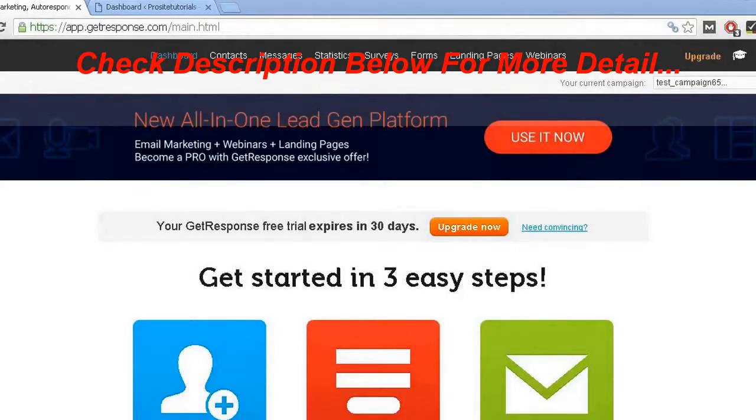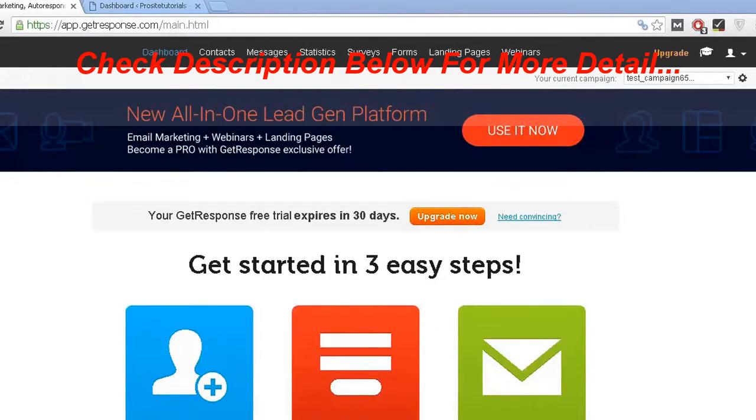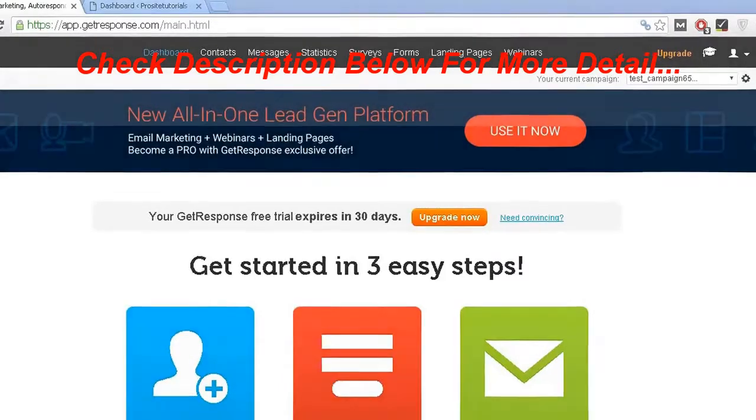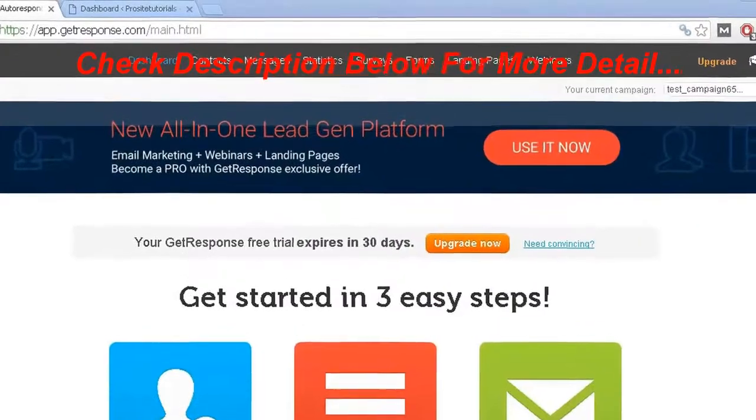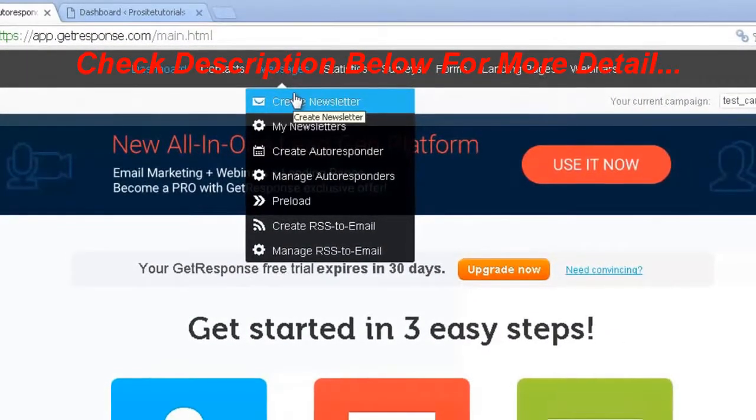Okay, so after you created your campaign, what you want to do is start building your autoresponder. As I said previously, your autoresponder is nothing more than a sequence of messages which you want to send to the person who subscribed to your list. For you to do that, you just go to the message section,